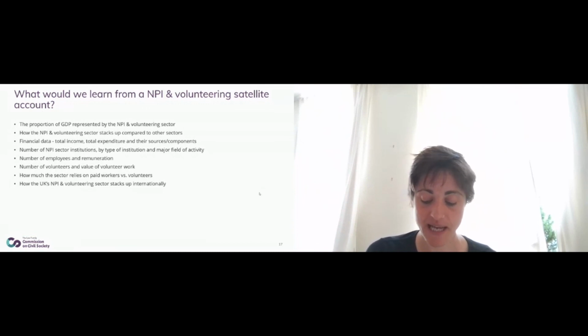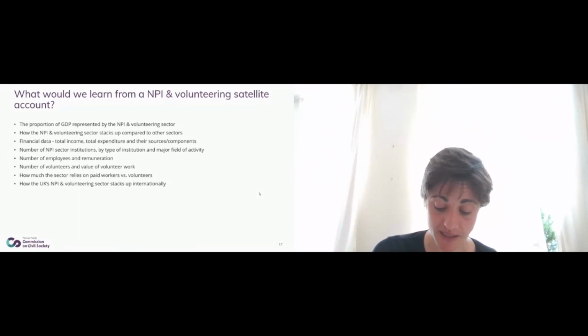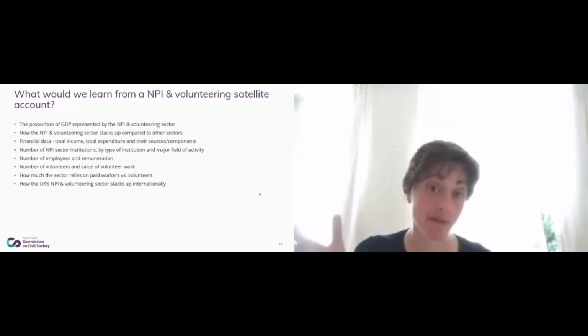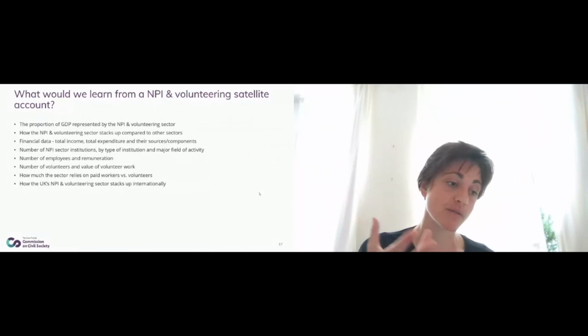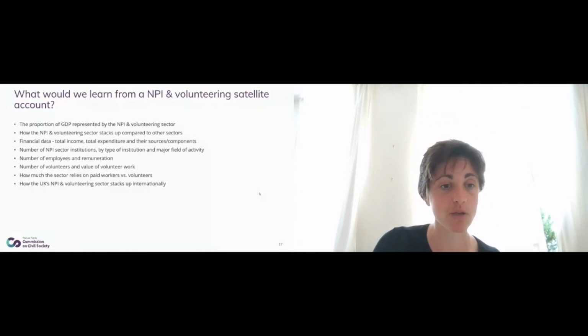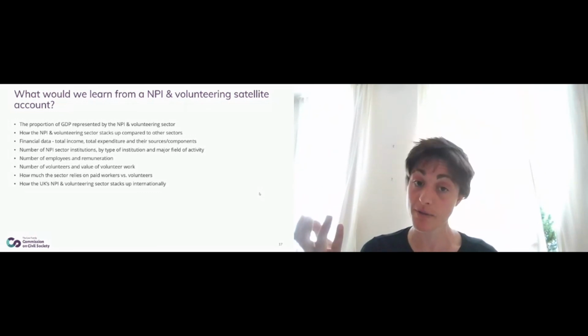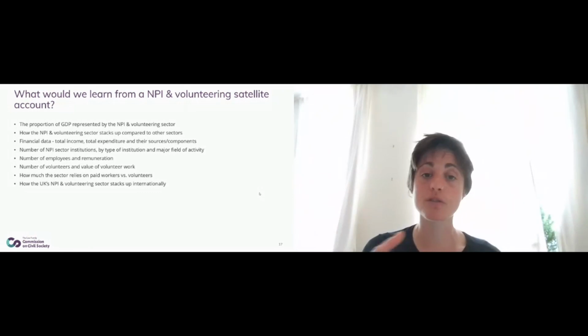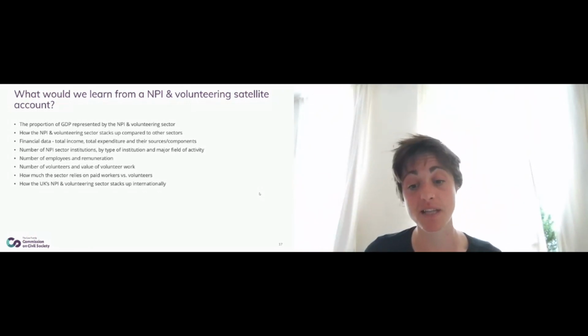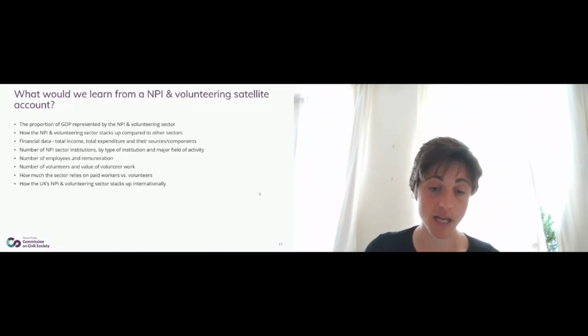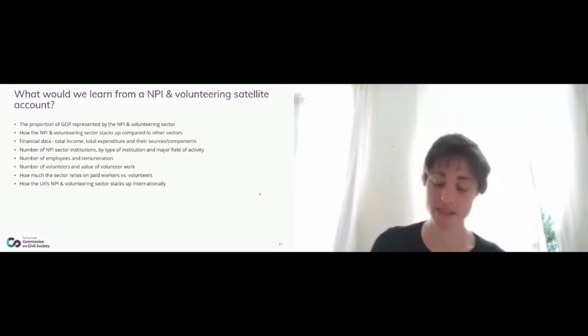What I will say is, while satellite accounts methodology tells us about the direct economic contribution of the sector, it wouldn't allow fiscal value or well-being value from what it is that the sector provides. And this is really the core of what PBE does, is trying to look beyond just the pure numbers about in and out of an organisation to looking at the value that a programme or a service generates beyond that. So, for example, work that we've done on school breakfast clubs, it's a huge financial benefit when you take into account the fact that they help children stay in school, reduce truancy, pay more tax. So those things wouldn't be captured in the satellite